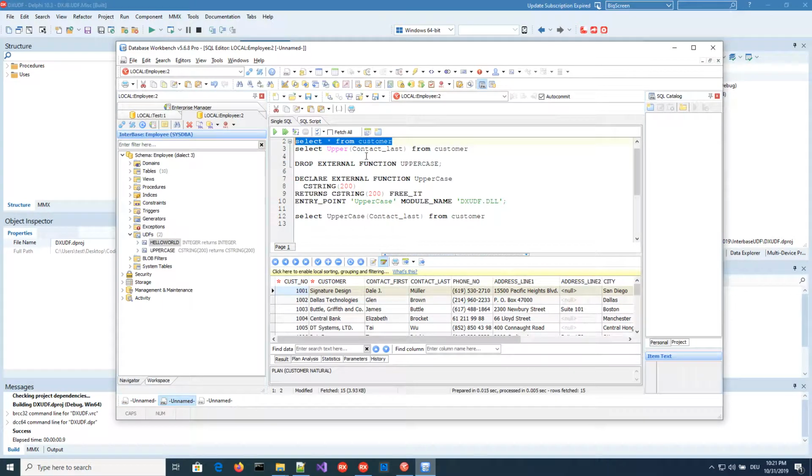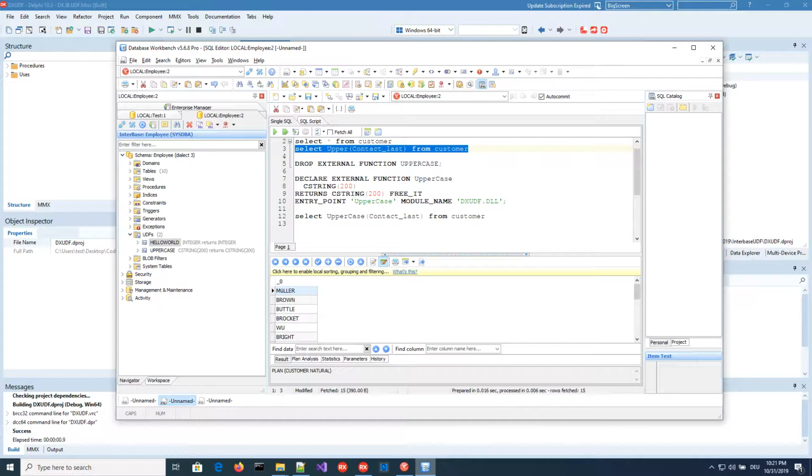The second one I have prepared is, again, we have the customer table here. There's contact last. You see there is Brown, Bottle, Bucket, and there's this Muller. Let's try what happens if you select upper contact last from customer. And you see, if you look closely, this Mr. Muller has a U umlaut, which is one of those fancy characters we have in Germany. And if you look closely, that U umlaut is not really in uppercase, because the upper function only works on